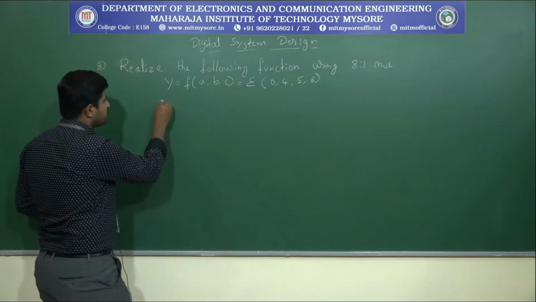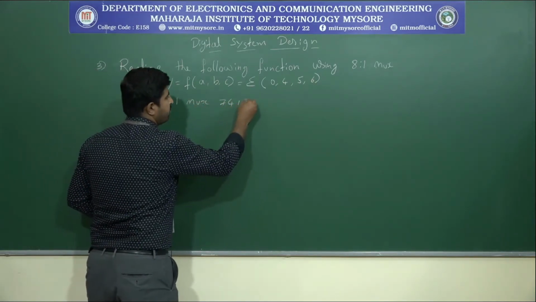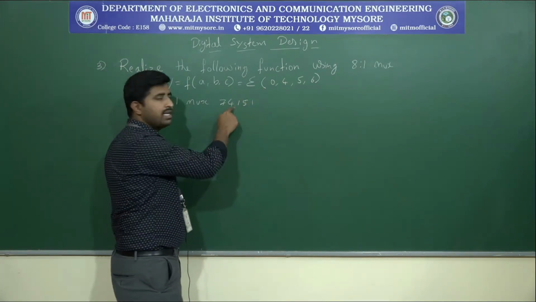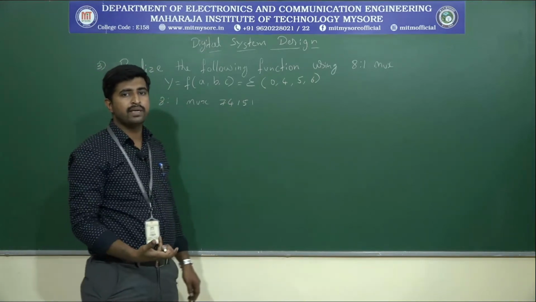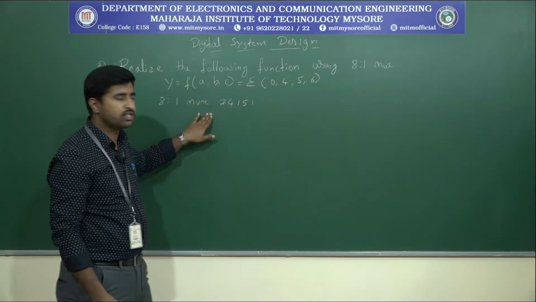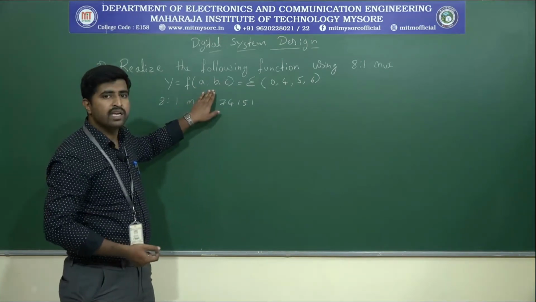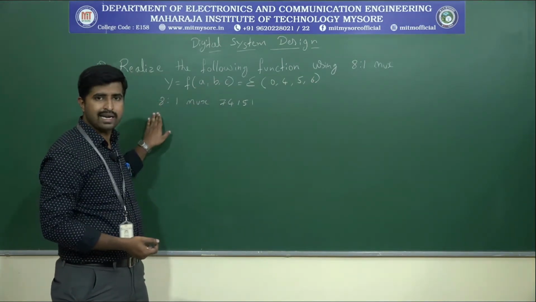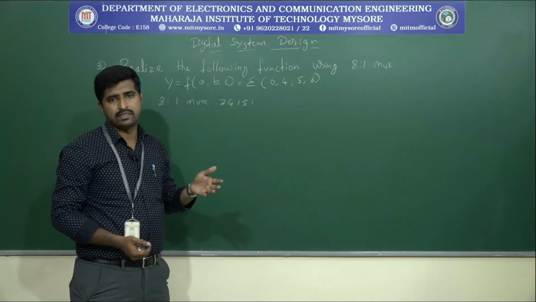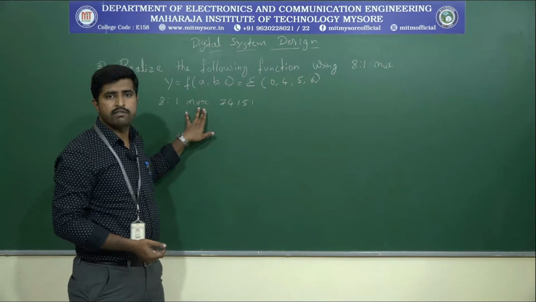So what is an 8:1 mux? The 8:1 mux is the 74151. We need to implement this function by using this IC. How are we going to implement it? The function is given as 3 variables, and this IC corresponds to the 8:1 mux. So how many select lines will be there? 3. That means we connect the given inputs to the select lines, and connect logical 0 or 1 to the input data lines. That is how we are going to implement this function using the 74151.